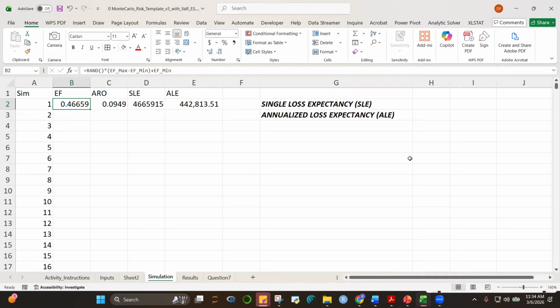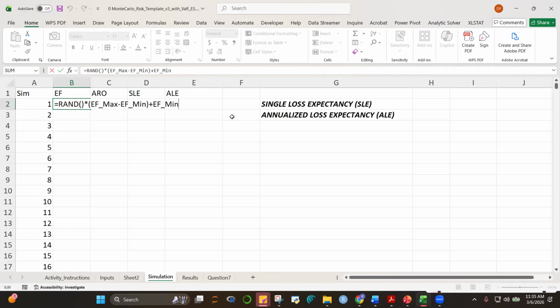Notice first, function F2, that it's multiplying a certain random number by the maximum of your exposure factor minus the minimum of your exposure factor, the difference multiplied by a random number, and then plus the EF minimum.